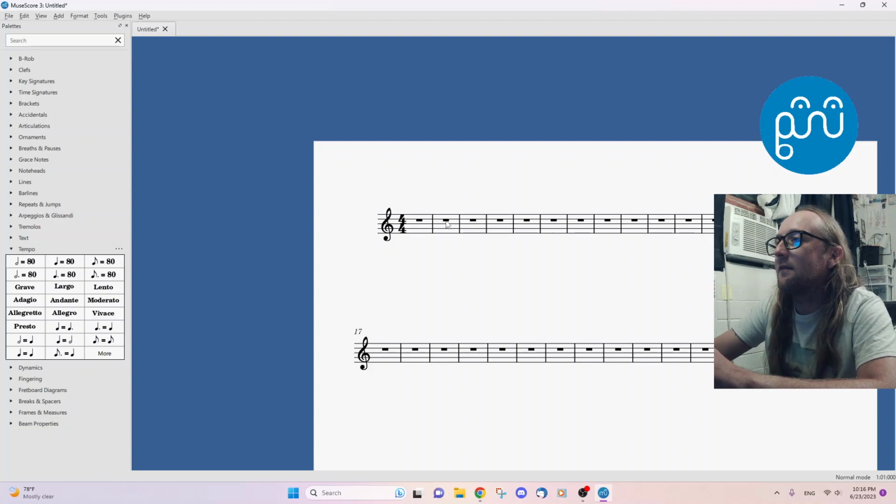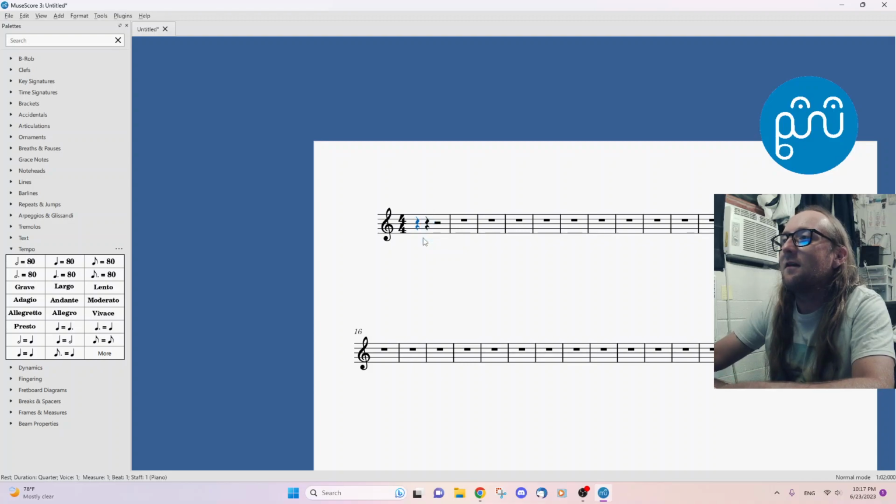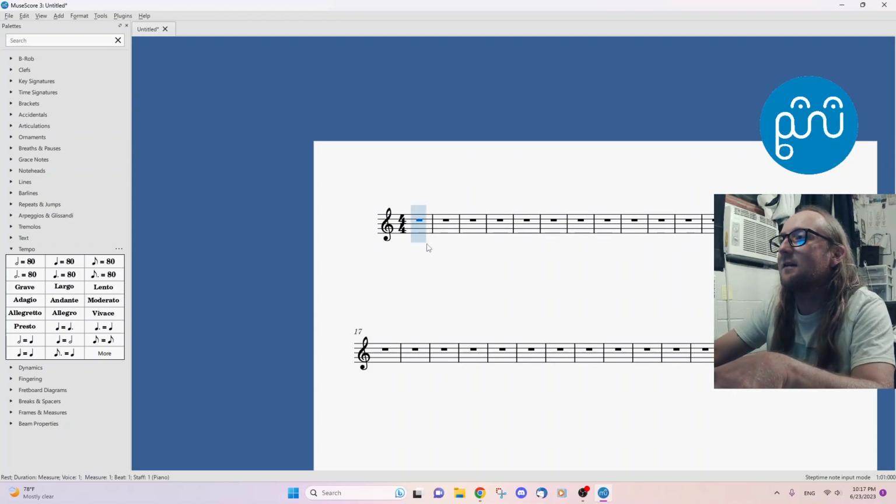Just to kind of talk about another situation, maybe you have a song that changes tempo, or maybe it slows down or speeds up. So what I'm going to do here is I'm going to chop these up into quarter notes, and I can do that a couple different ways. I think the most intuitive, rather than using hotkeys, is to make sure that you have your note input